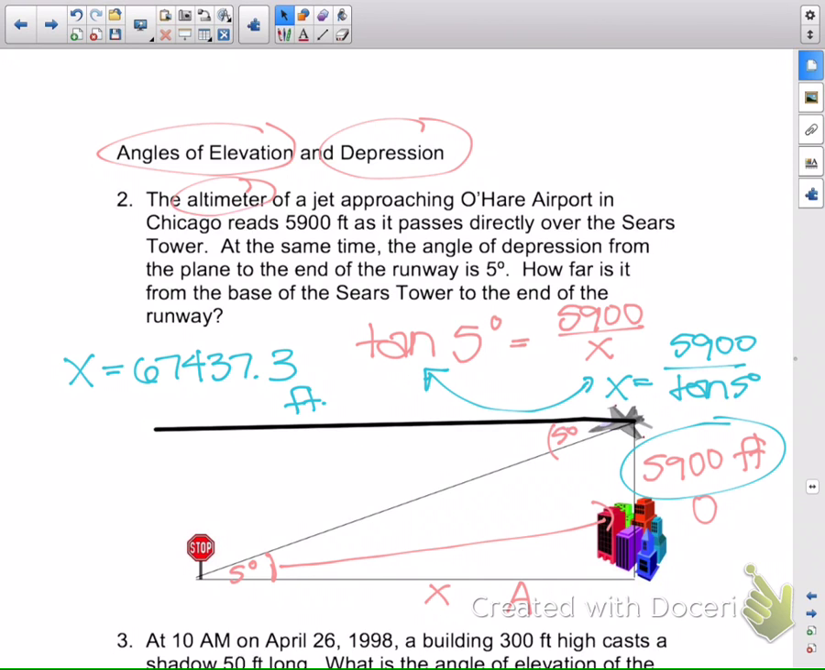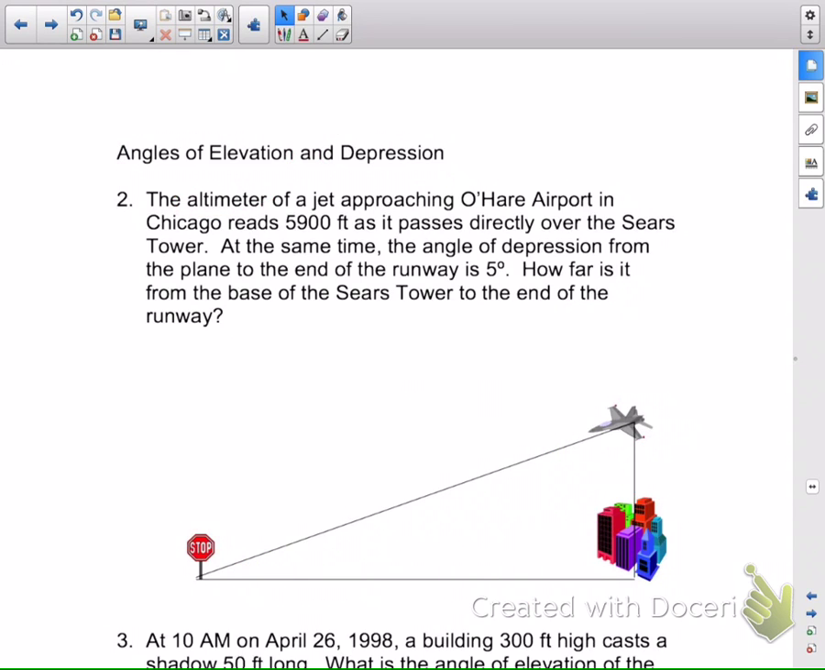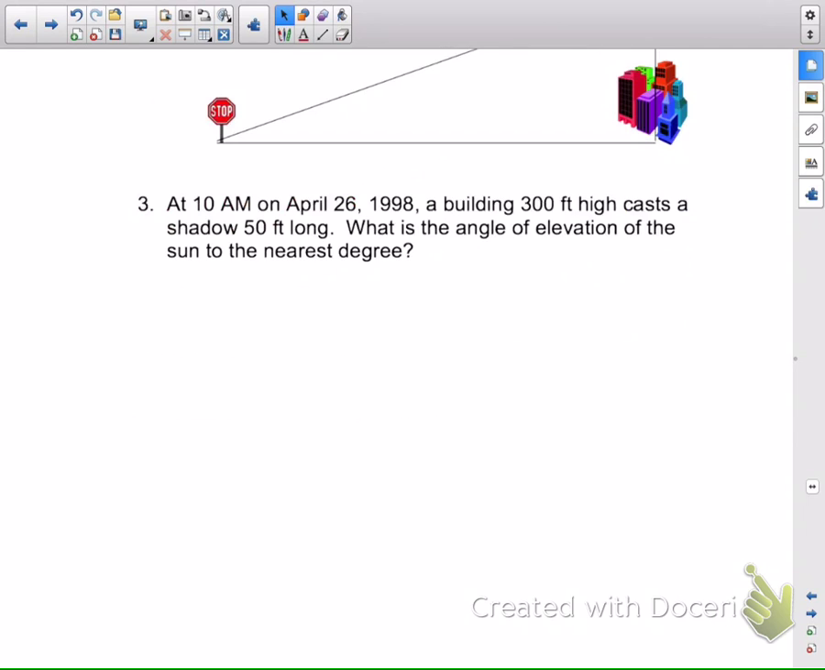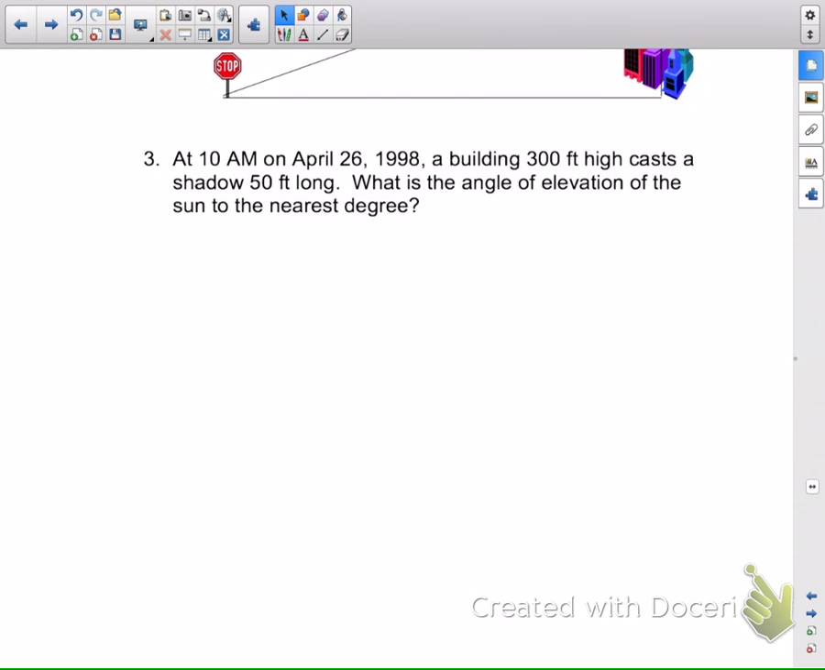All right. Last one of these, then I'm going to let you get stuff ready for your quiz. On question 3, this one does not give you a picture. So we have to give ourselves a picture. I do not draw complicated pictures here, just FYI. I am not a picture drawer. Okay, we have a building that is 300 feet high, casts a shadow that is 50 feet long. We want to know the angle of elevation. All right, this time they want to know the angle,